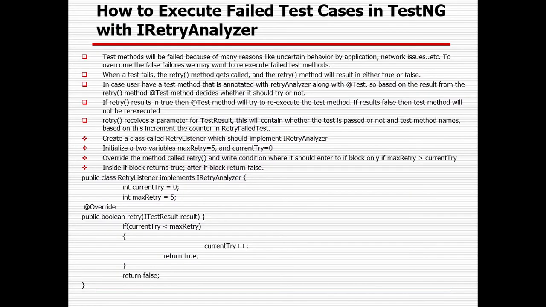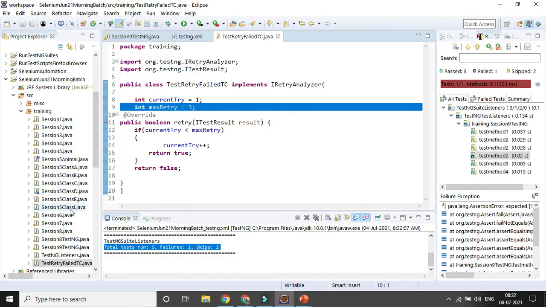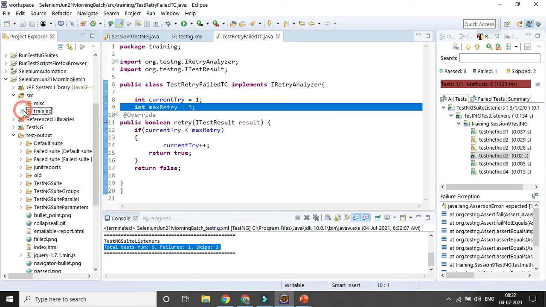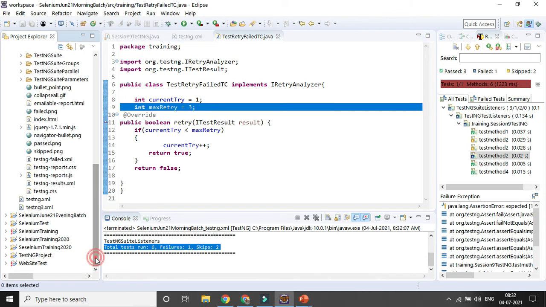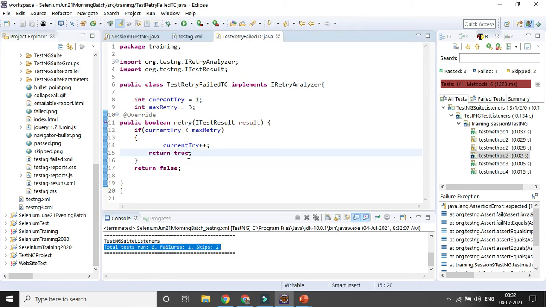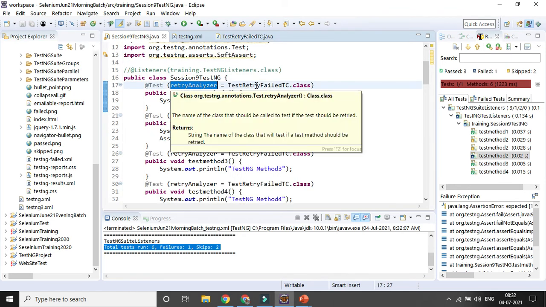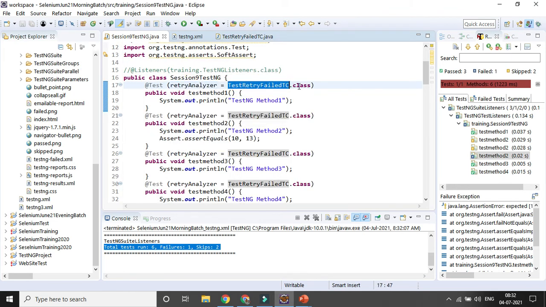So there are 2 ways. One is without a listener class. Without a listener class means you are running it from your testng-failed.xml file, or you are using a class where you are implementing the IRetryAnalyzer interface and adding it with the help of retryAnalyzer, with the class name dot class annotation.